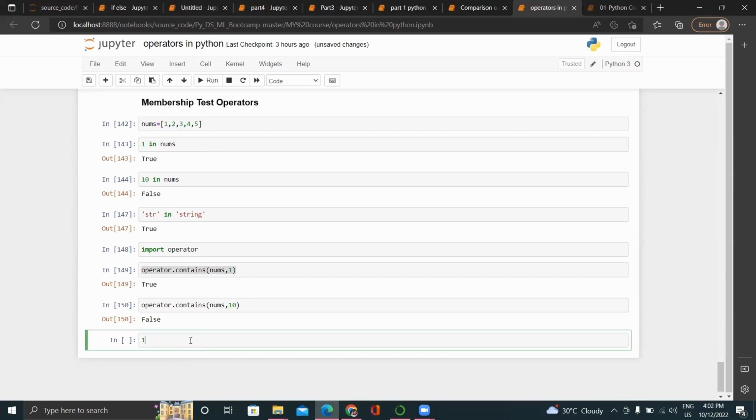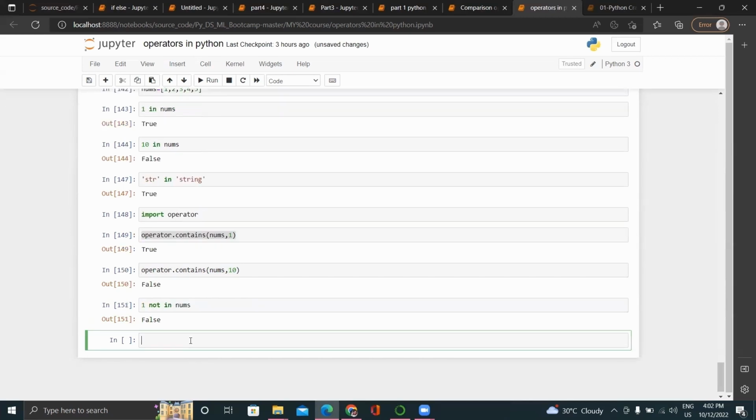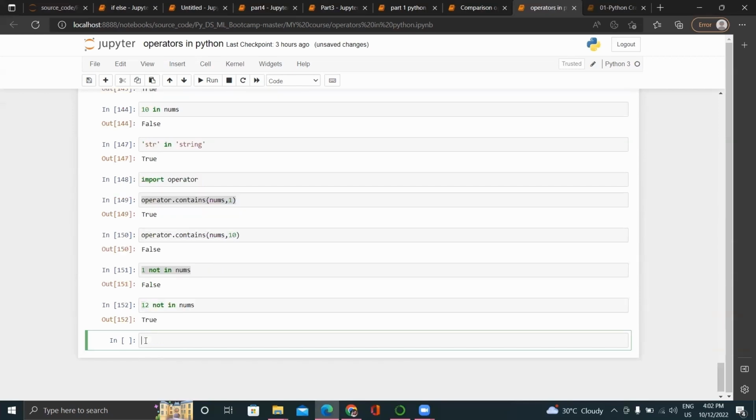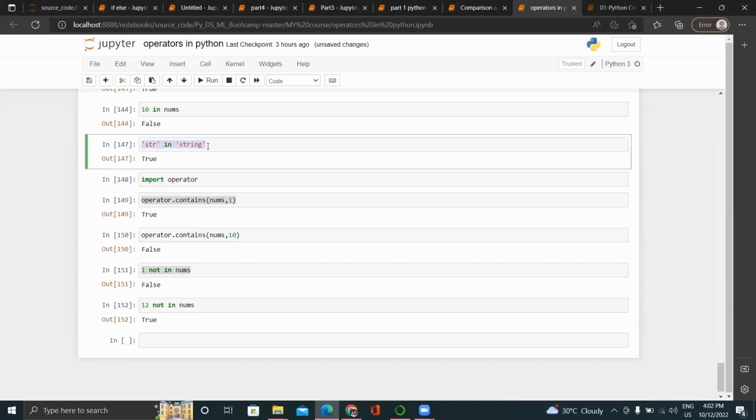Now check first 1 not in nums, which is false because 1 is present in nums list. Now use 12, which is not present in the sequence. Therefore, it returned true. Now use this string